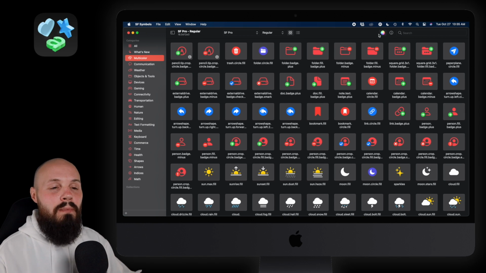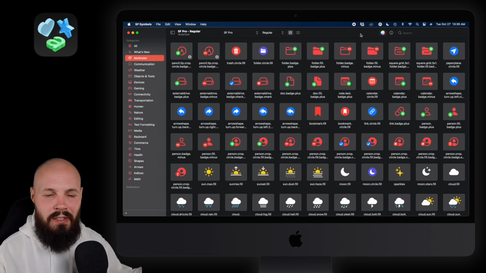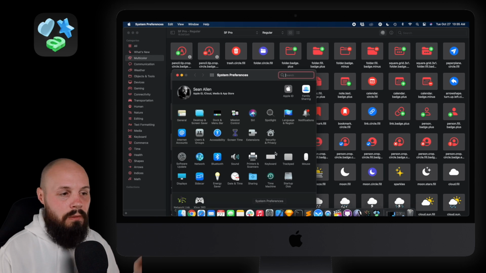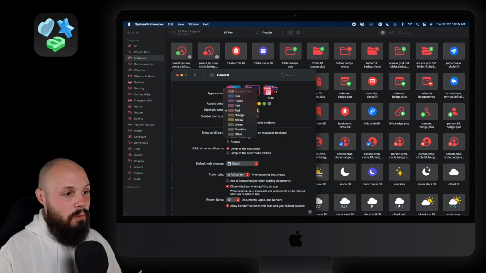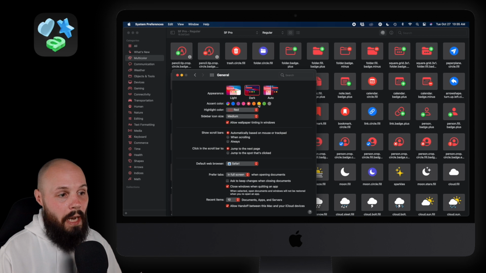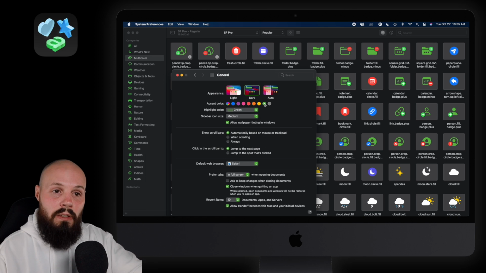Now, you're going to see most of mine are red. This is because that is my Mac accessory color. I get asked this all the time about my Xcode, how I made it red. Quick little tip here: go into general settings, highlight color red, accent color red. You can pick any color you want. Watch when I change this to green. Look, now all my icons are green. So that means